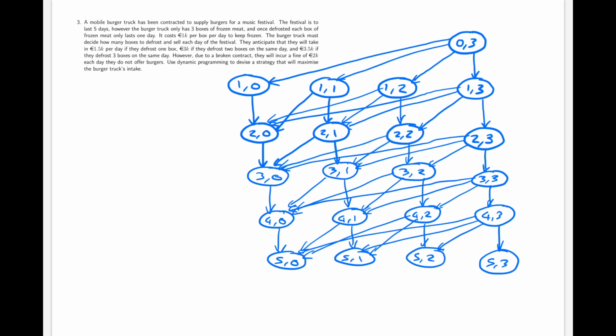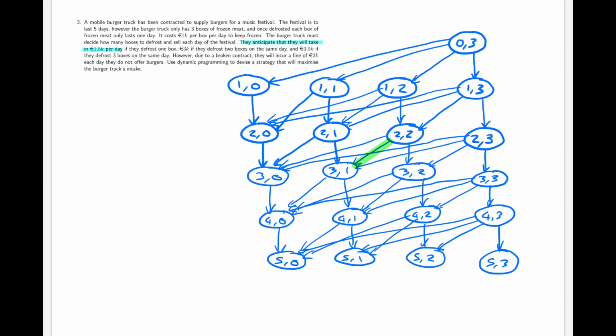Now we need a reward for every action. And what is the reward that we will get for every action? Let's consider one action isolated at the moment. Let's just consider this action here. This is the action of going from state 2-2. So on day 2, we have 2 boxes frozen. We defrost 1 box. And so on day 3, there's only 1 box left frozen. We have defrosted 1 box. And so we anticipate we'll make